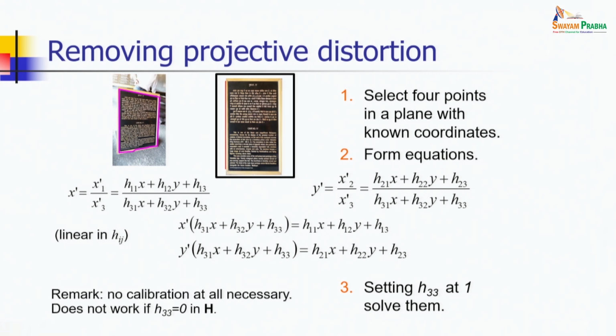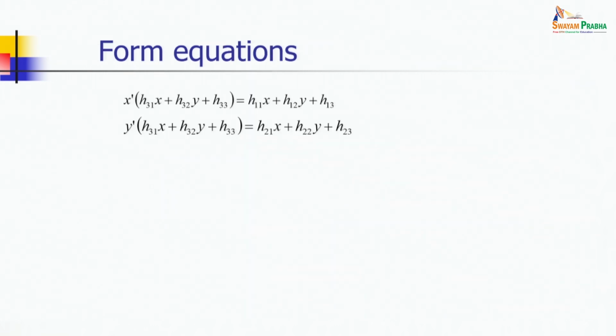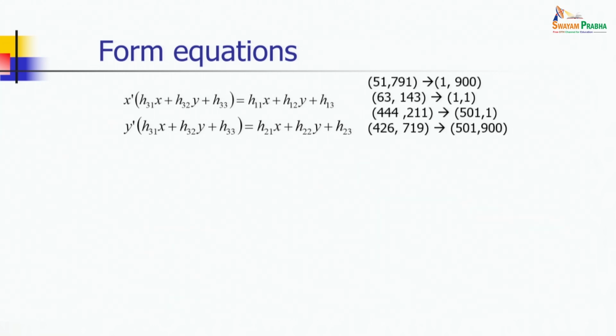As I mentioned, it may not work if h33 happens to be 0. So just to elaborate this part once again, this is the equation you have to form, and in fact these are the coordinates incidentally which we considered in this particular task. In my definition, that box was a 500 by 900 box, right? And I considered the coordinates 900, 500, 500, 900. So you can see that